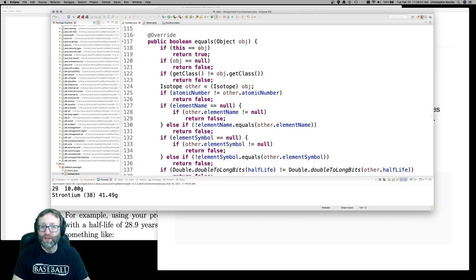So first of all, it checks to see, are they the same objects in memory? Well, then we're done, right? Then they're definitely the same object. Otherwise, it starts checking things. Are they the same type of class? If they're not the same class, then they can't be the same type of object. Return that. If that object is null and this object is not null, then they can't be the same thing,